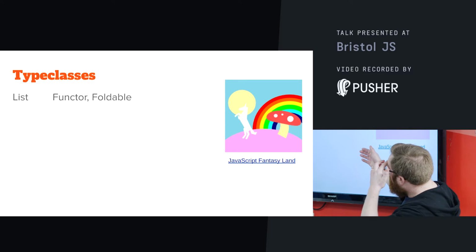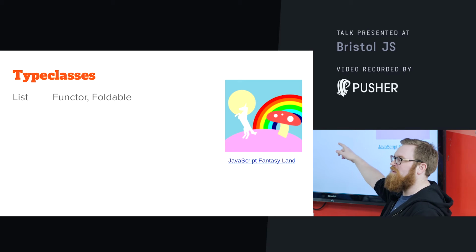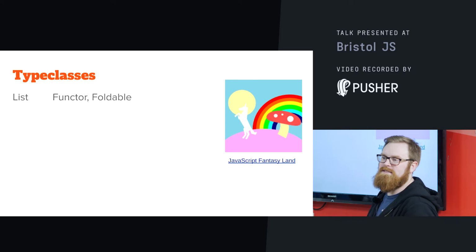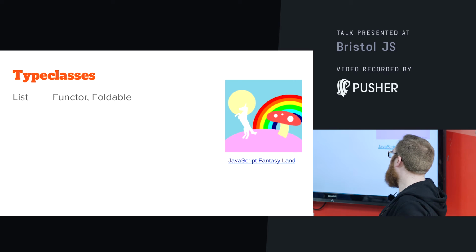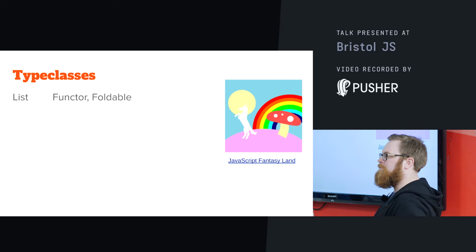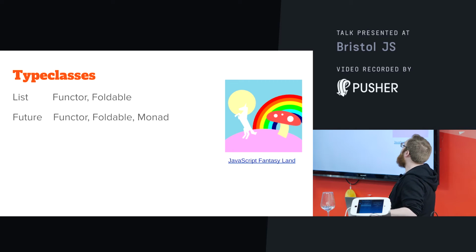So I wanted to start you with a couple of the type classes for a type that you already know. So you all know what a list is. A list is a container for zero or more values. When there's more than one value, the order matters. And a couple of the type classes involved in lists are functor and foldable. So just keep those in the back of your mind. They'll come up in a minute. Future has functor, foldable, and